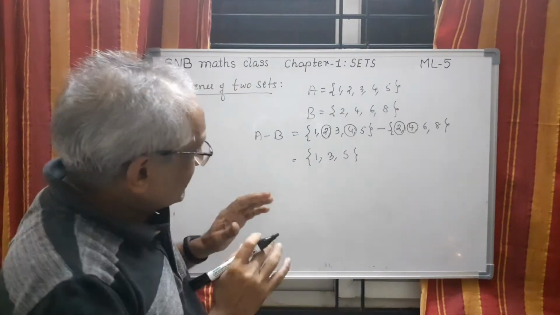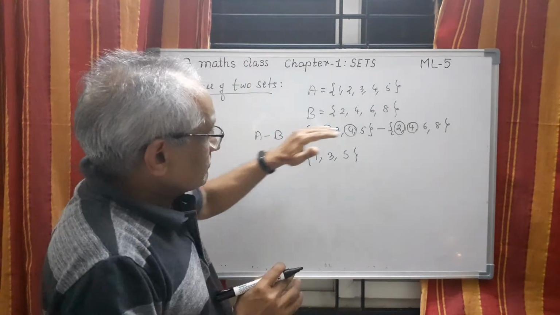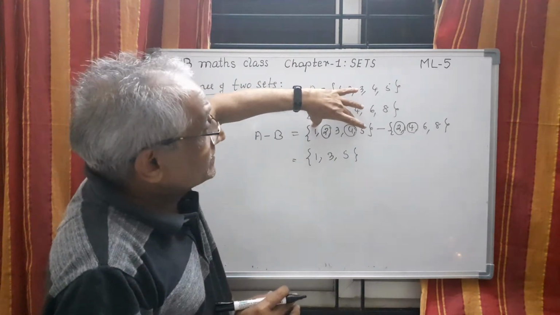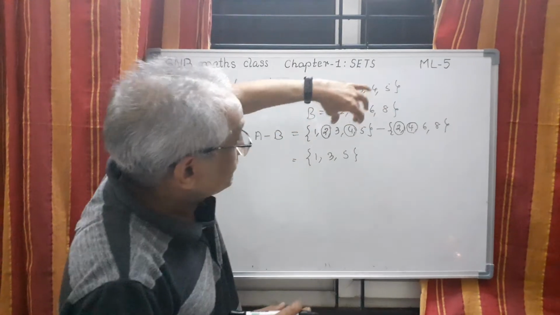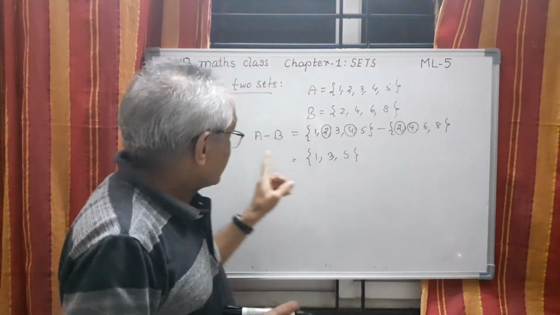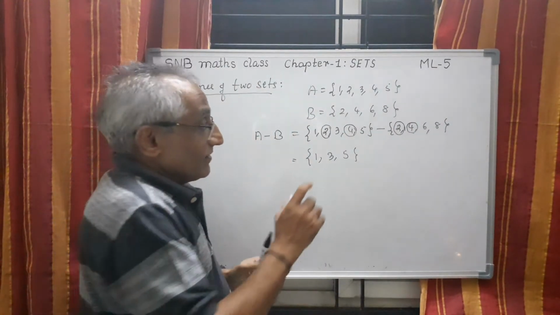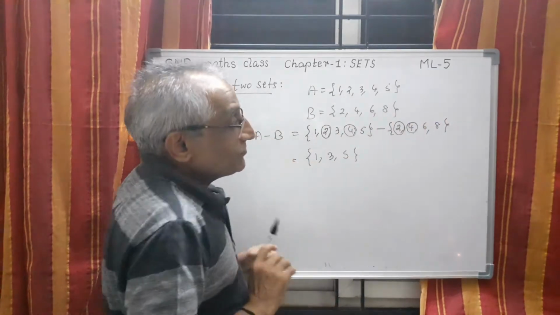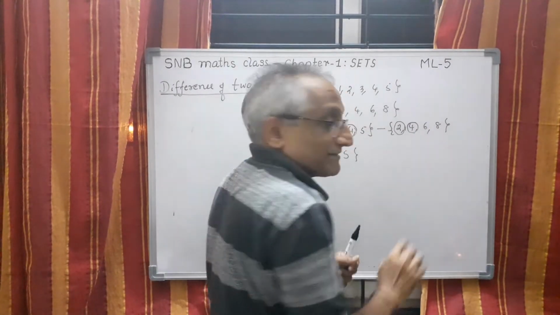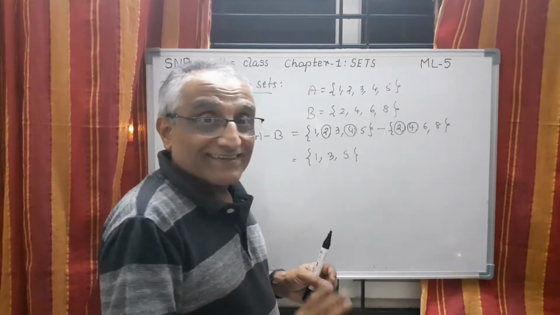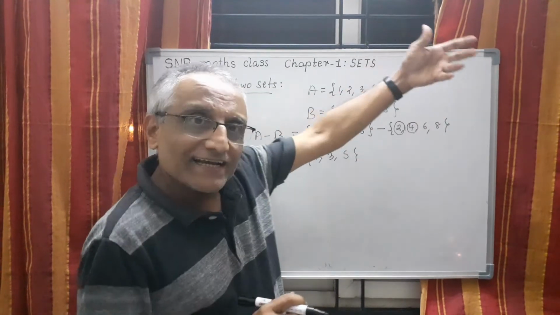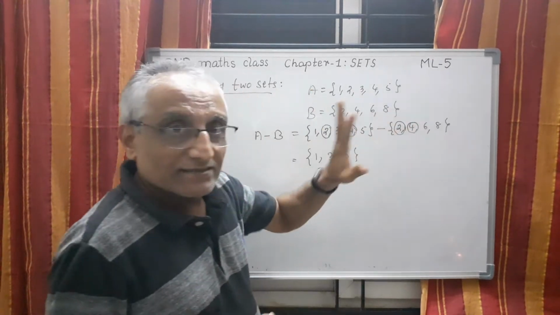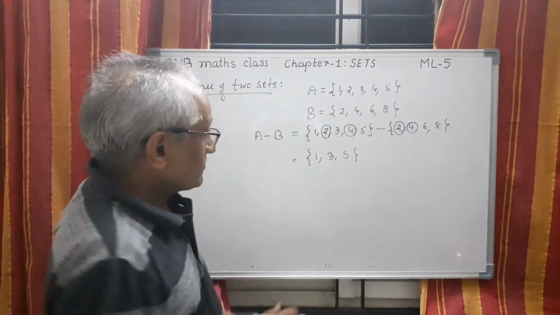So the meaning is, A difference B means the set of all elements of A which are not in B. That means if it is there in B, that you have to subtract. That's why it is called A minus B, meaning elements of A which are in B, those things you have to eliminate. Now you may ask, sir, what about 6 and 8? Don't write minus 6, minus 8, etc. No, it is simply 6 and 8 as it is. We need not worry. Whatever element is here, that you have to subtract. Subtract means you have to leave it. So this is the thing.